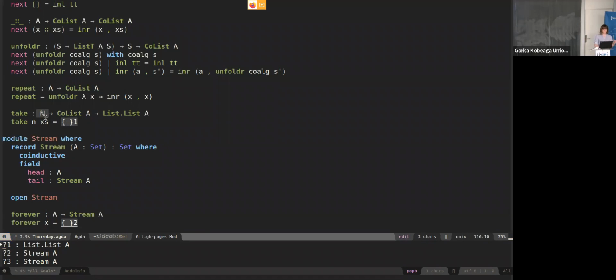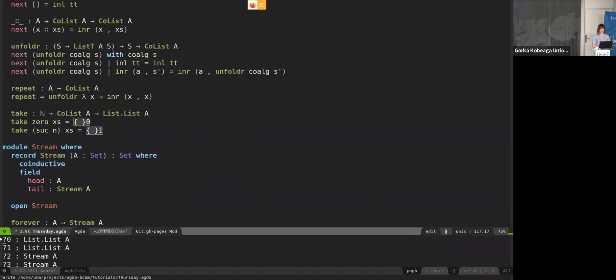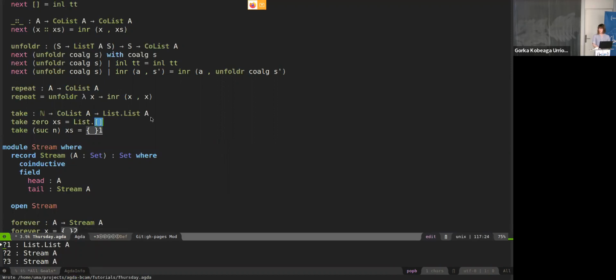So I'm going to accept as an argument how many elements to take, and I'm going to get elements from the colist until I get to 0 and return them as a finite list. So if I'm asked for 0 elements, well, then I'm just going to return the empty list. If I'm asked for at least one element,